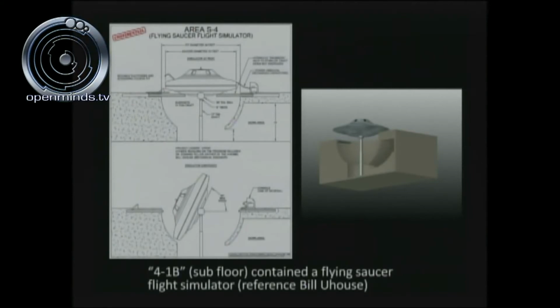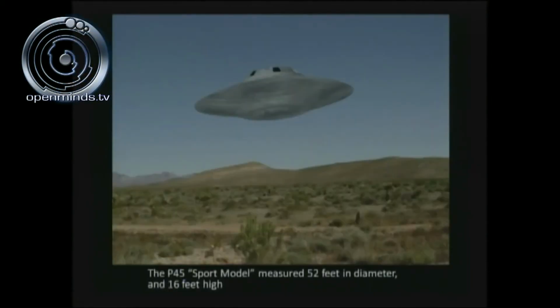You'll see the cutaway AutoCAD drawing originating from Bill Uhouse, indicating that there was a flying saucer flight simulator that was attached to a gimbal mount, and you could rotate this thing almost up to 90 degrees. There was a diagnostic cable attached to the vehicle when it was static, but when it was energized, the diagnostic cable gets released, and then you could quote-unquote fly the vehicle at that time.